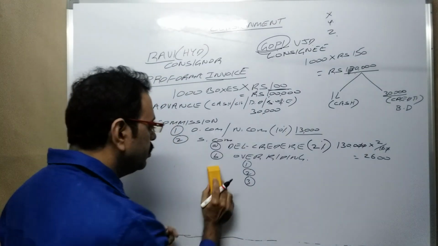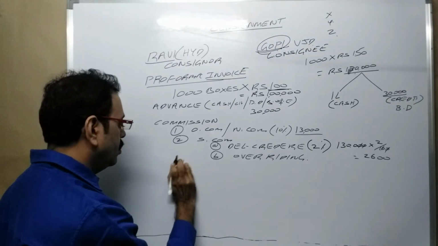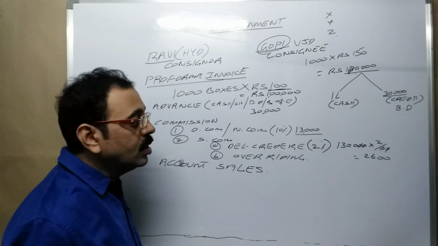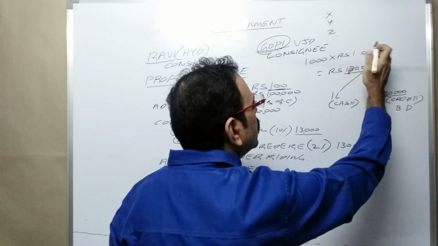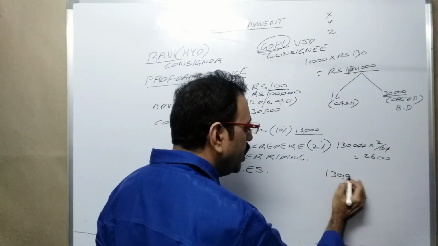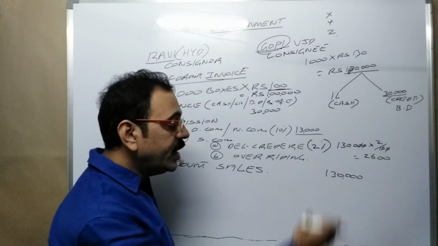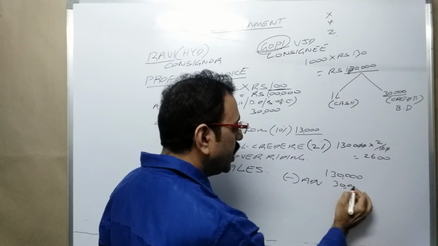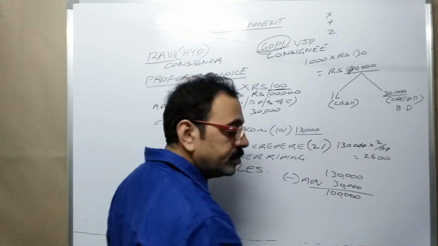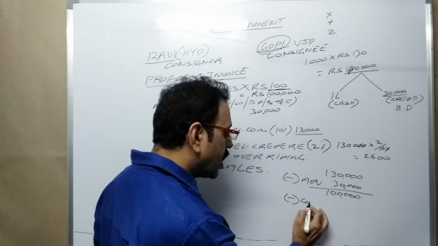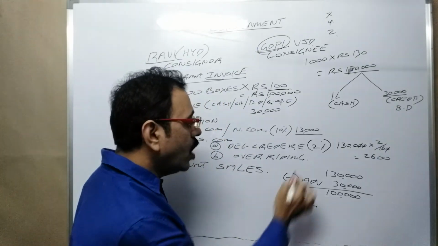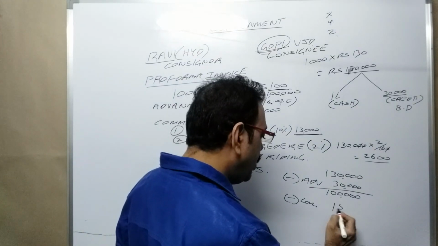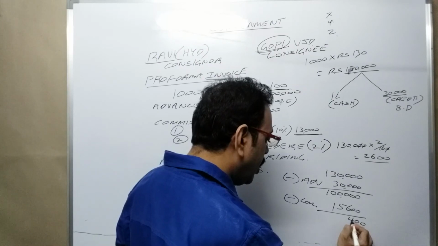Then next word is account sales. In our example, consignee sold the goods for 1,30,000 rupees. From that, he deducts his advance. Already he has paid 30,000 rupees advance. So he deducts that amount. From this, consignee deducts his commission. Two commissions are there here. Ordinary commission 13,000 rupees, del credere commission 2,600 rupees. Total 15,600 rupees. Then the remaining amount is